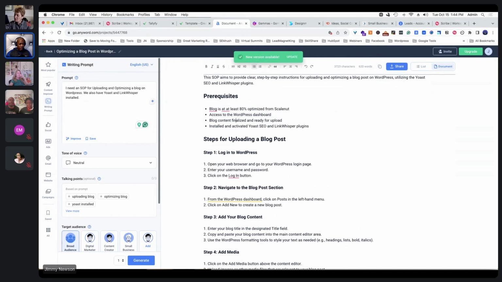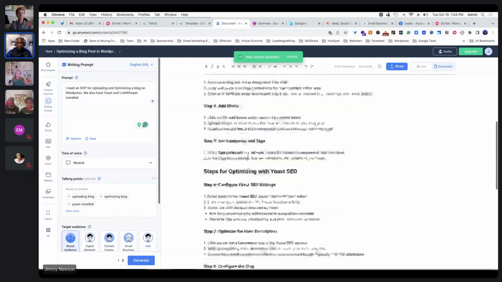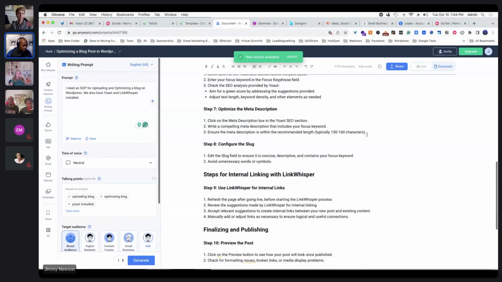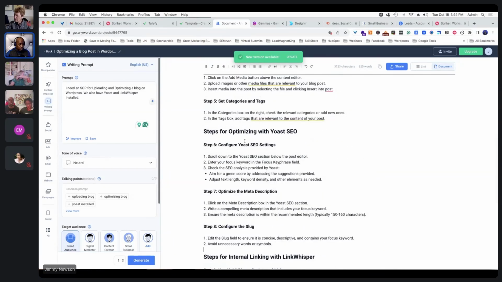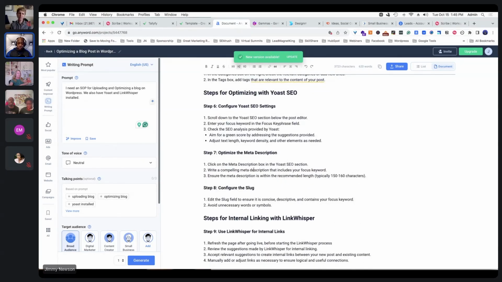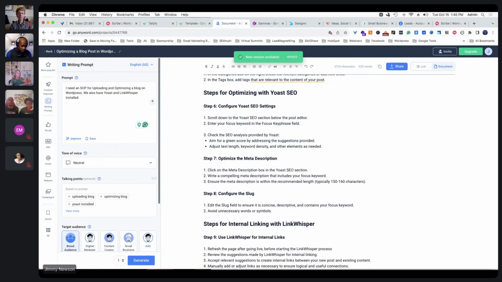Okay. So this is me optimizing whatever I do. I'll read through it and I'll go, I need another step. Boom, boom, boom. I need another step. Boom, boom, boom. Okay. And so it pulled in the Yoast, so it wrote the Yoast optimization for me. Now I know the Yoast, so I can read through it and go, yep, you're missing a step. So one step I see that's missing is, and I'm not sure if this is in the right place, but I'm just going to say 3,